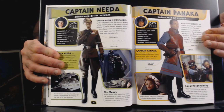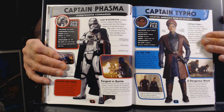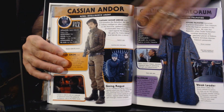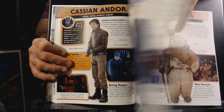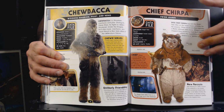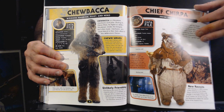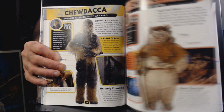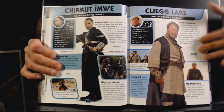Captain Needa. Captain Panaka. We're going to have all these captains here. Captain Phasma, Captain Typho, Cassian Andor, Chancellor Valorum, Chewbacca, Chief Chirpa. I remember I had his figure as a kid. I think I probably pretended it was Wicket. It wasn't Wicket, it was Chief Chirpa. But Wicket was everyone's favorite, and because I had Chief Chirpa, I think I used to pretend it was Wicket sometimes. Alright. Chirrut Îmwe, Cliegg Lars,